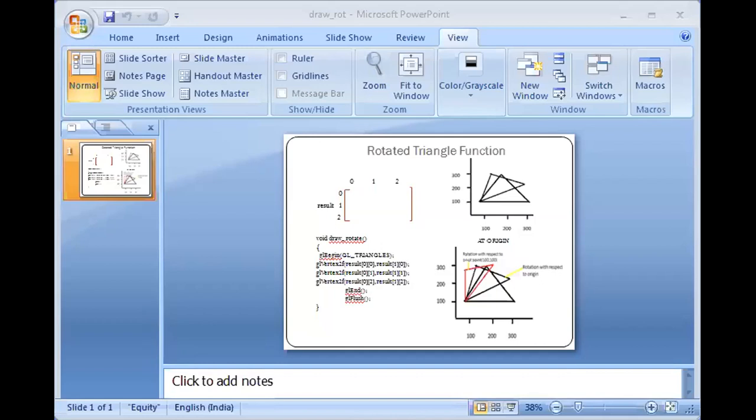GL_TRIANGLES. In the place of triangles, I can also use GL_POLYGON. Here I have used GL_TRIANGLES, then we give the number of vertices that we need. That is how we draw the triangle. So the primitive to draw the triangle is GL_TRIANGLES, and we give 3 vertices. Instead of triangles, you can use GL_POLYGON also. This is the primitive for drawing any triangle that we need.